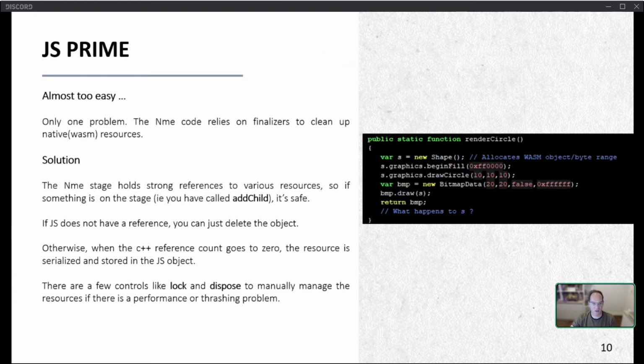There are a few little things I've added, like lock and dispose, that will allow you to manually manage the resources to some extent. If, for example, you find yourself deserializing the same object over and over again, you say, well, I'll just lock it and then I'll have to manually dispose it when I'm ready.